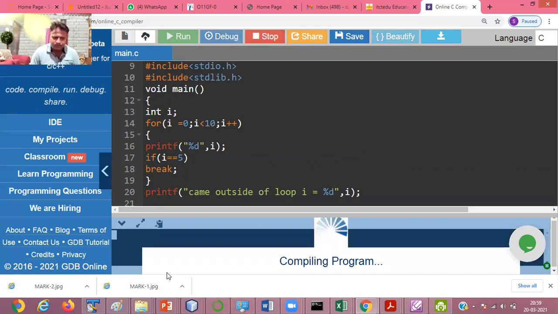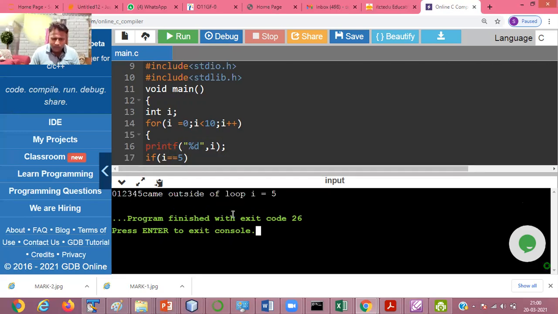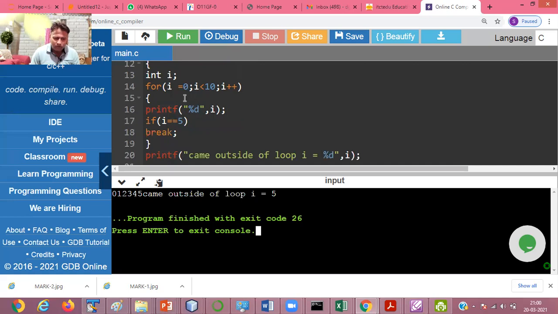See that? So this is a program which is helping you. 0, 0 is less than 10. Condition is true, so it is printing 0. Then the 0 value is incremented to 1. 1 is less than 10. Condition is true, so it is printing 1. So in this way the looping continues. But when your value is 5, it is printing 0, 1, 2, 3, 4, 5. So first it is showing 0, 0 less than 10, condition is true, it is printing 0. 0 is equal to 5? No. Then the i value is incremented to 1.